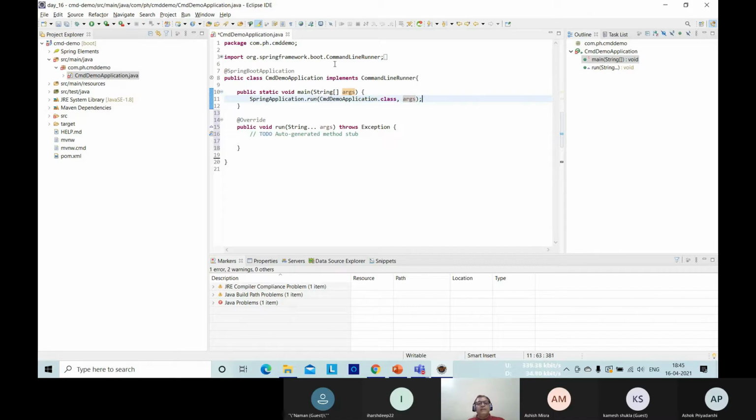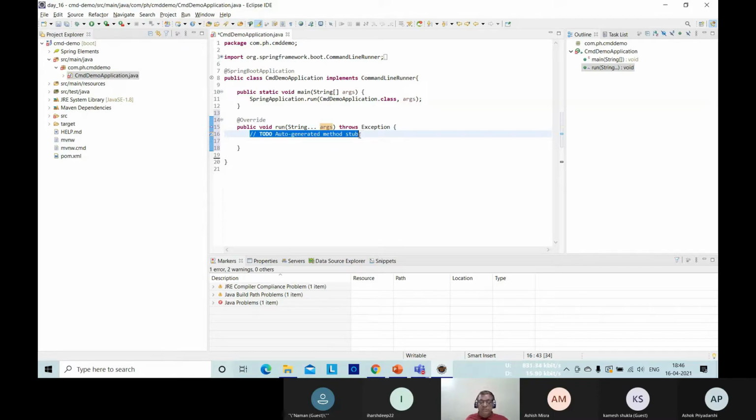So there is a CommandLineRunner interface in Spring Boot framework, and this method will get that array of arguments passed from main to this Spring application and back to this.